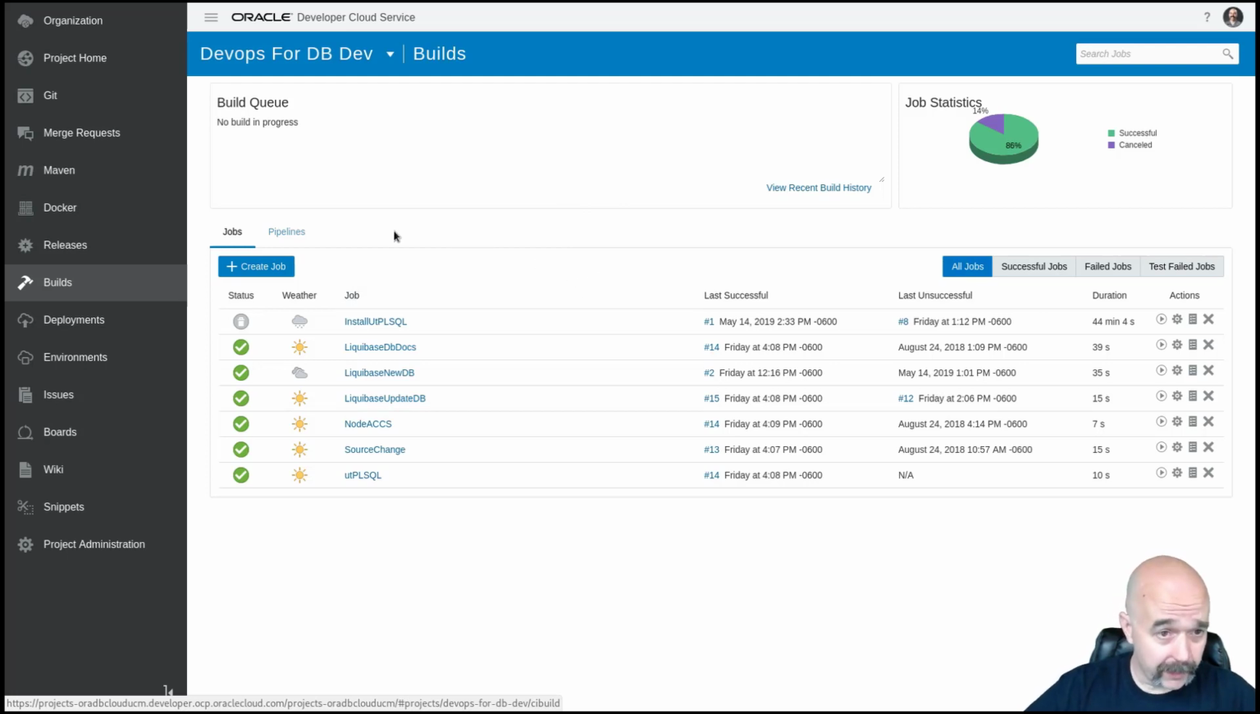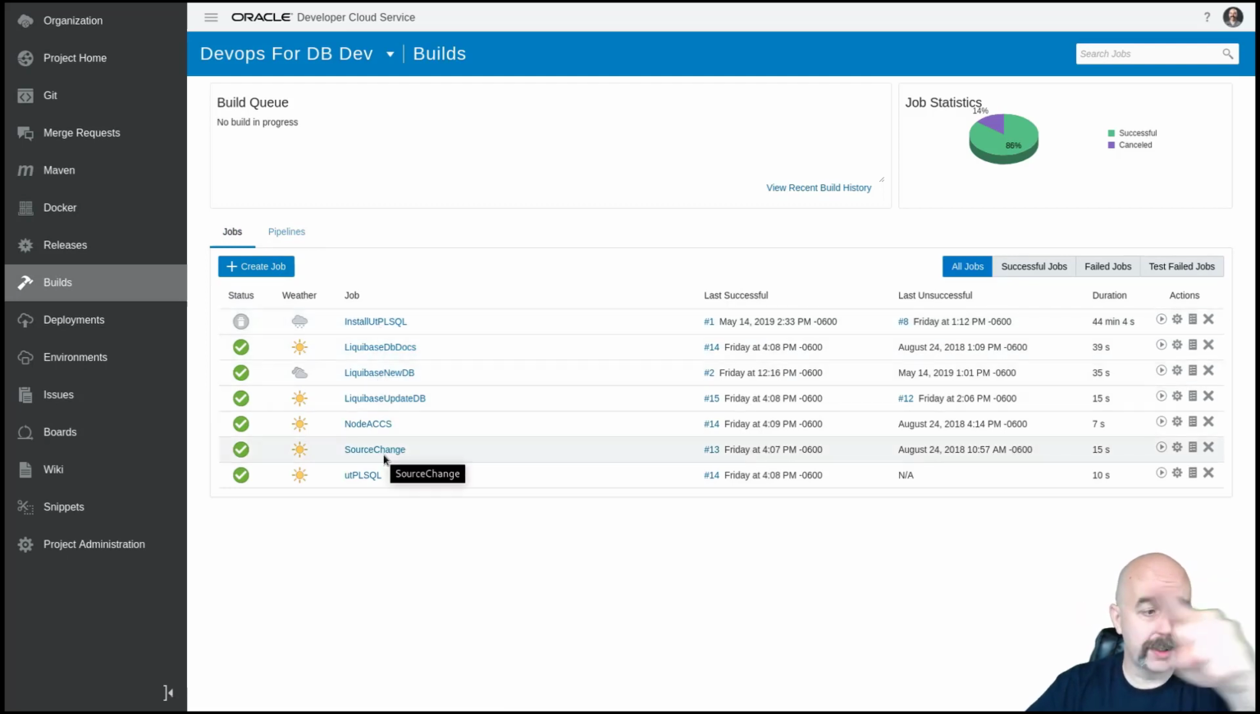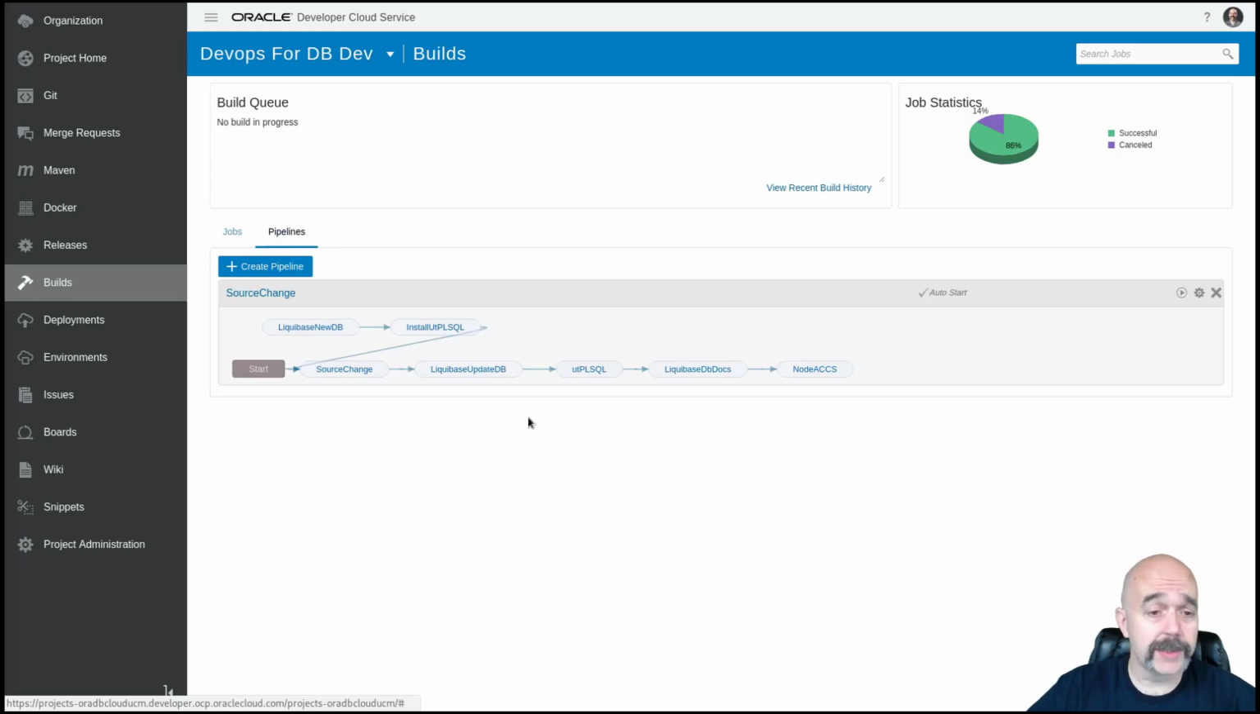So this is what I want to focus on. These are my individual steps in that build chain that I was talking about, in that pipeline. And so my pipeline looks like this. I have a